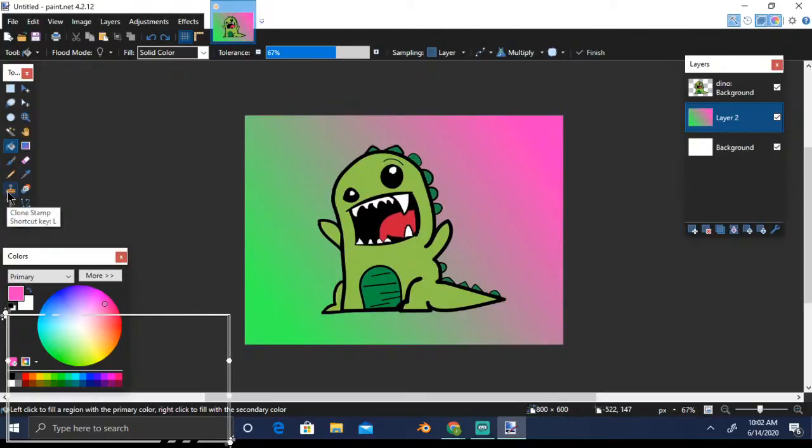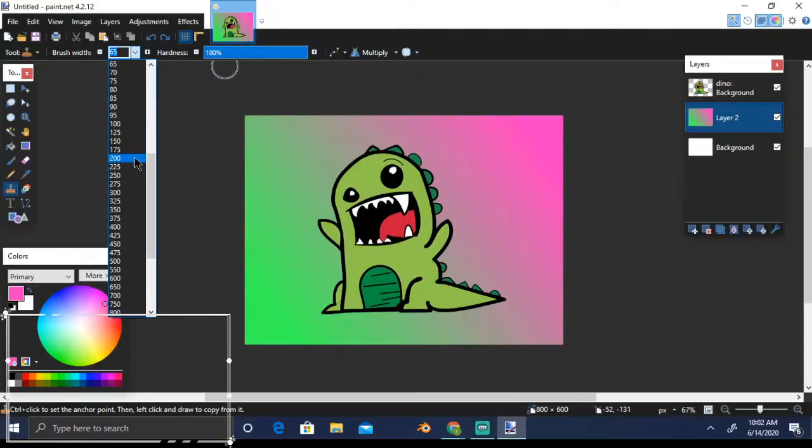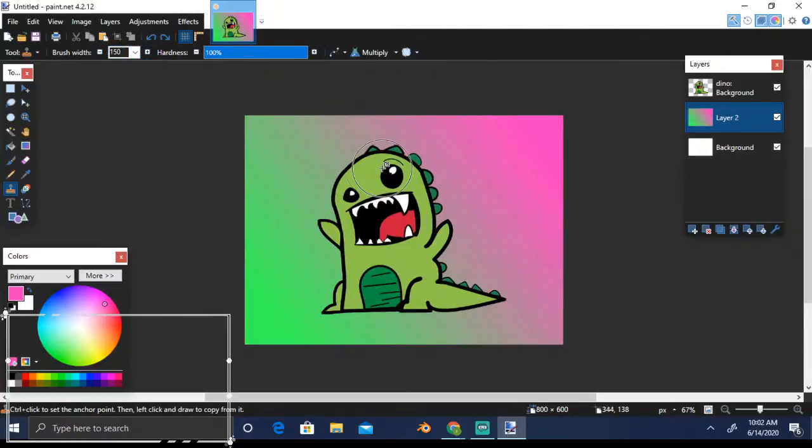Next tool is the clone stamp tool. This is again a very powerful tool. What a clone stamp tool does is it will clone whichever area it is selected. Let's say it's like a stamp. If you have a stamp with something printed on it, you just stamp it and it gets printed on multiple areas, right? So let me show you how to do this. Let me select this clone stamp tool and make the hardness 100%. The width size, let me increase it to a big one.